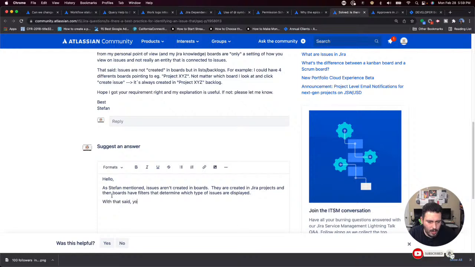With that said, you should be able to fairly easily determine if an issue is from a different project, because it will have a different key.